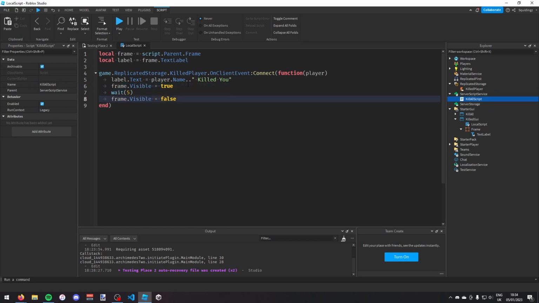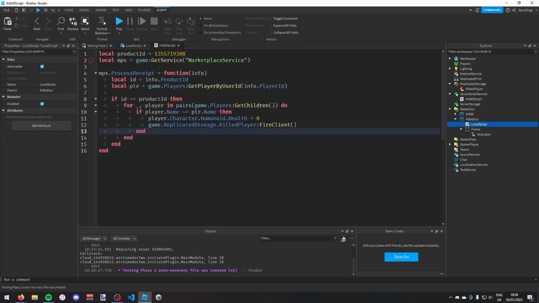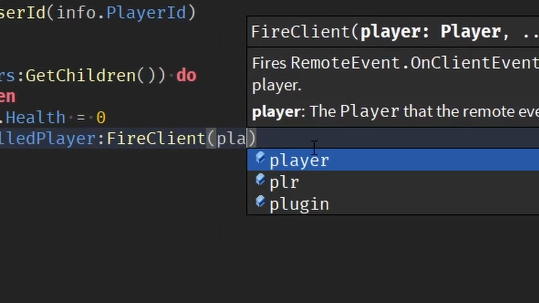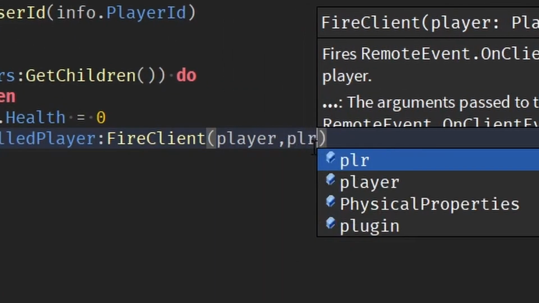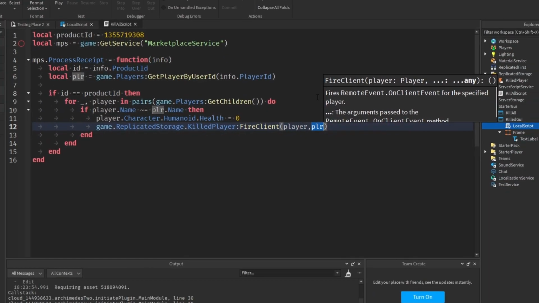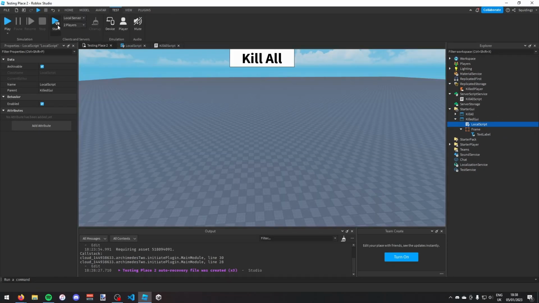So that should work. Right, one thing I've done wrong in the kill all script is wherever you've put game.ReplicatedStorage.killedPlayer:FireClient, in these brackets what you need to put is player and then comma and then PLR. So these are the two player objects, whoever we're sending this to, and then the name of the player that killed them. So now if we test our game with a local server with 2 players,